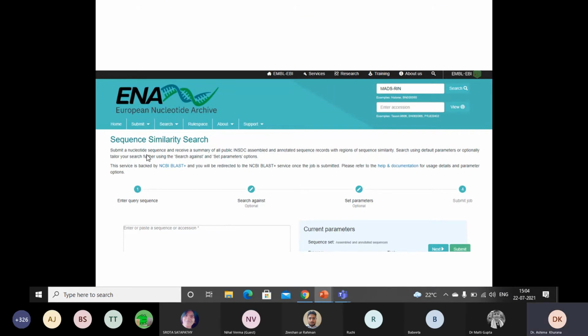Submit a nucleotide sequence and receive a summary of all public INSDC assembled and annotated sequence records with regions of sequence similarity. Search using default parameters or optionally tailor your search. One can enter a query sequence, search against, then set parameters.